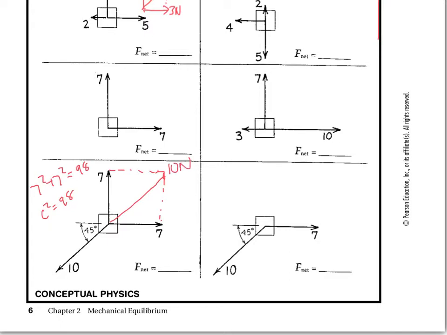Now, key here is this 45-degree angle is the key. This shape right here, one side 7, the other side 7, this side 7, this side 7, that makes it a square. That means that this angle right here is also at 45 degrees. Since this 10 Newton vector here and this 10 Newton vector here are at 45 degree angles but opposite to one another, then the net force in this case is going to add up to 0 newtons. This object is going to be in equilibrium. However, there's another way we can do it,